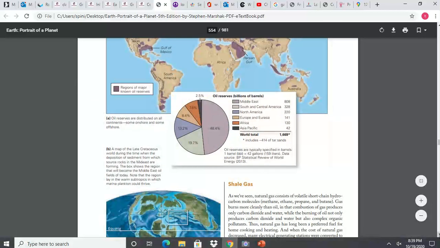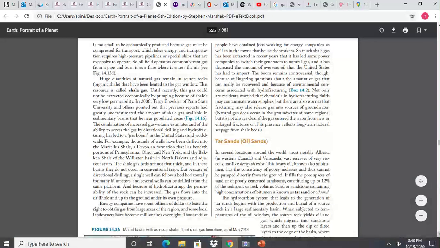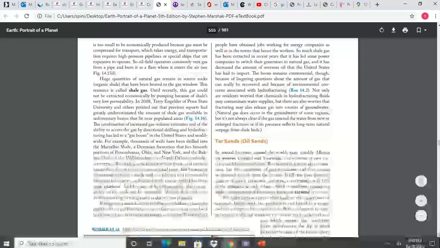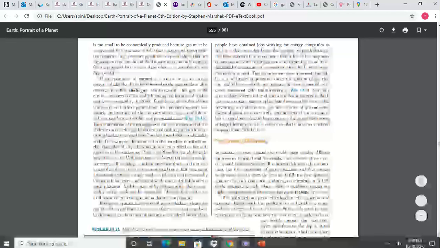Here you can see oil reserves and this stuff called shale gas. So shale gas was ignored years ago because it was too hard to get. In other words, they wanted gas in big reserves, big chambers of gas where you could drill into that chamber and suck out the gas. But shale gas was in these little bitty chambers, and it was hard to get to because you spend a lot of money to drill and just get a little bit of gas out, and you have to drill another hole. By fracking, what you do is you break all those chambers up, and so all that material then kind of comes from one area. You kind of force it out with some sort of liquid, and that's where this hydrofracking or just fracking comes from.